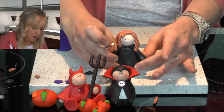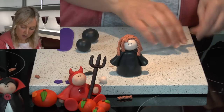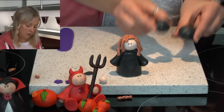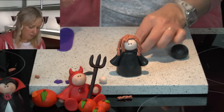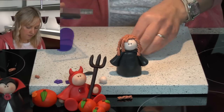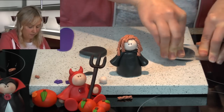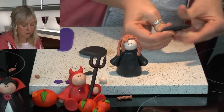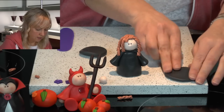Now we can start shaping the hat. And now for the hat, I've got two balls of black clay. One is slightly bigger than the other. So I'm going to take the bigger one and I'm going to press down. Actually, I should have pressed down on the smaller one, and this will be the base of the hat. So there's the base of the hat, just turning in your fingers and just squeezing at the same time. So there's the base of the hat, just put that to one side, and this bit will be the